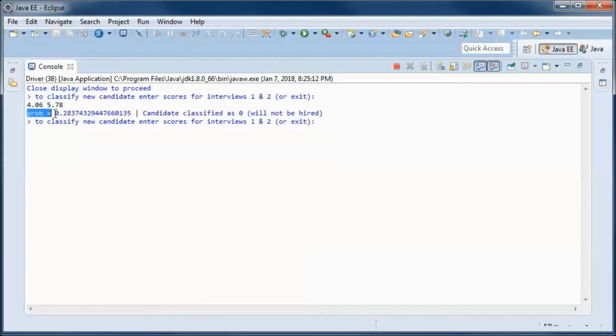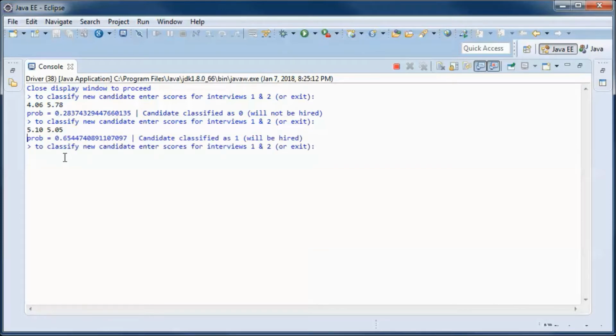And this is the probability that this candidate will be hired, and the candidate was classified as 0, which means that he will not be hired. And those are the scores for another candidate, and this is the probability that this candidate will be hired, and he was classified as 1, which means that he will be hired.